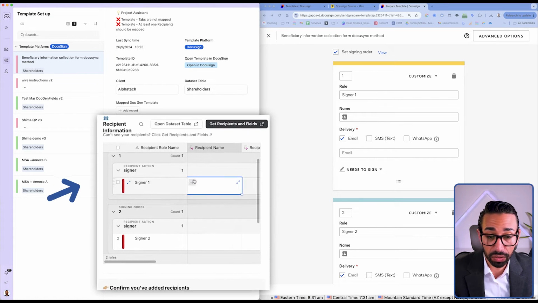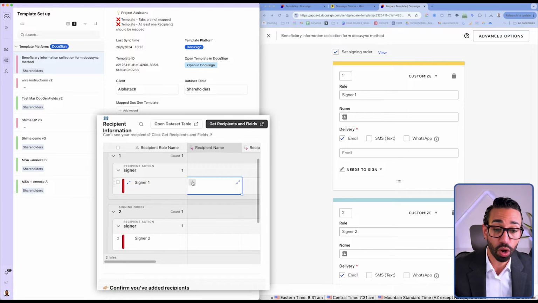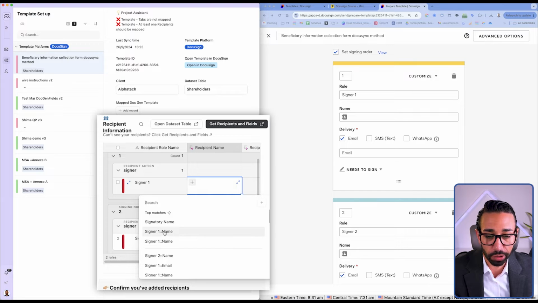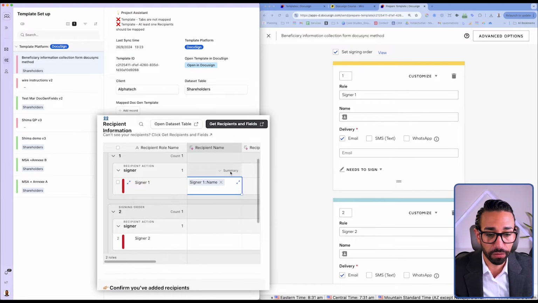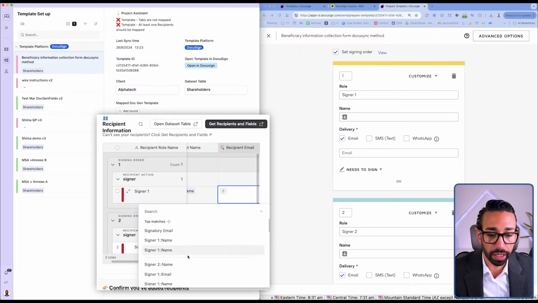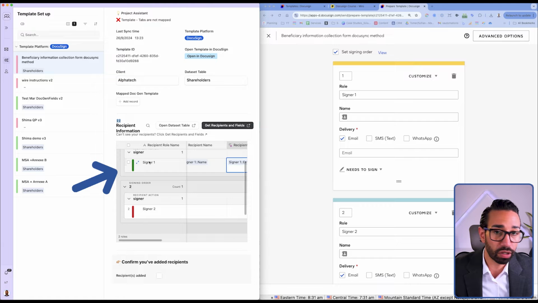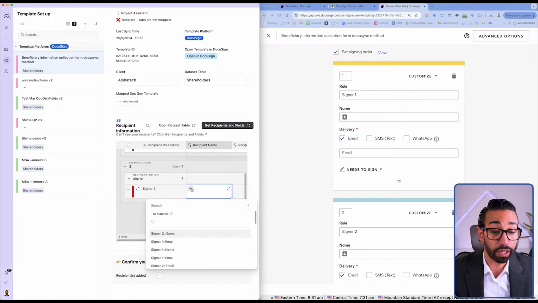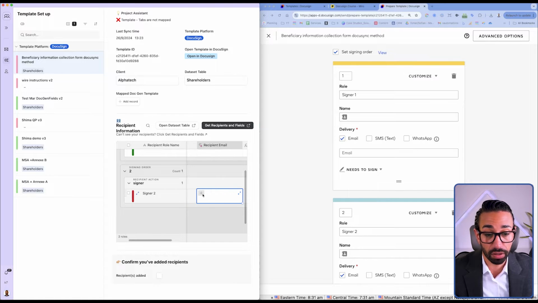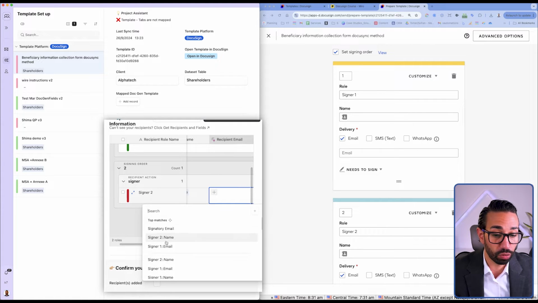And so here I just need to tell my DocuSync application where to find a name and email of signer 1 and signer 2. And I'm obviously going to choose signer 1 name for the name. And I'm also going to choose signer 1 email for my signer 1 email. And here it is. Now it's green, so it means that it's been mapped, so that's great. Signer 2 is going to be signer 2 name, and the email for that signer 2 is going to be